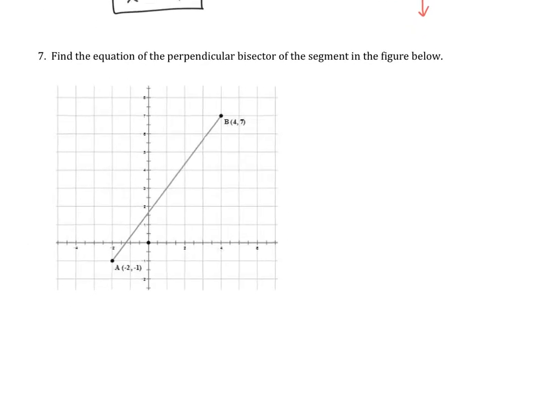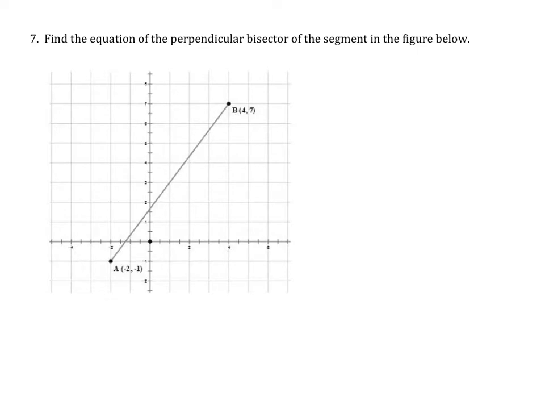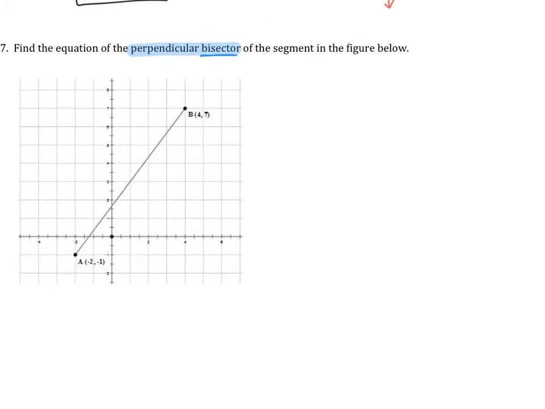All right, this last one is a little bit tricky. So here they say find the equation of the perpendicular bisector of the segment in the figure below. So let's recall a perpendicular bisector is perpendicular to your line, but also goes through the midpoint because it cuts your line in half. So since we want to find the bisector, we need to figure out where the exact middle of line AB is. So first we need to find the midpoint